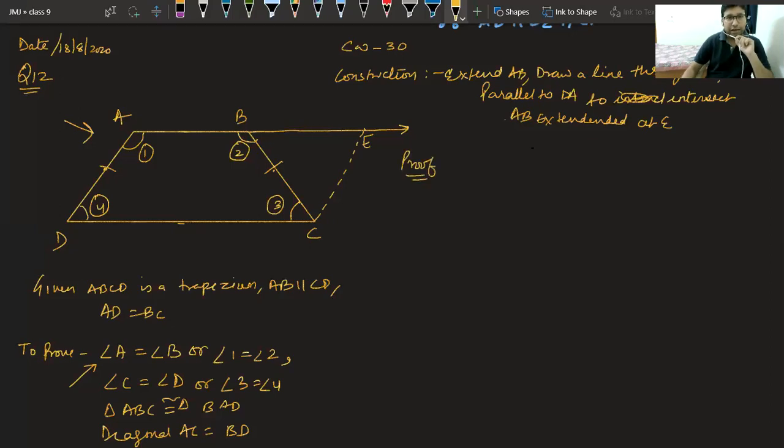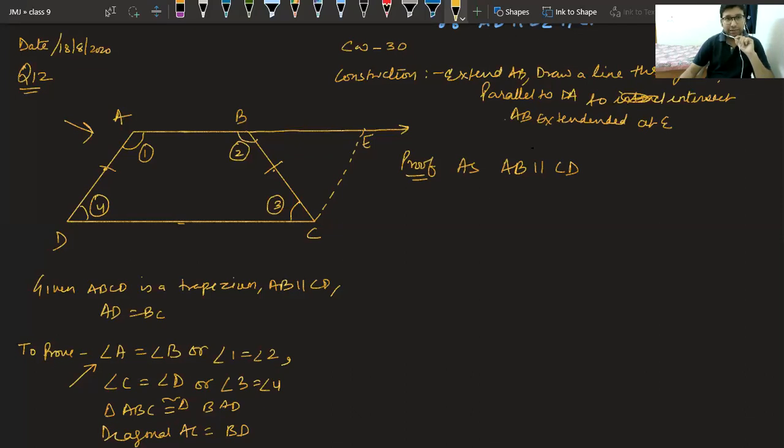First of all, it was given to me that AB and DC are parallel. Yes, class, it is given to me as AB is parallel to CD. Beta, there is no surety. Question may come from anywhere. Okay, the concept will remain the same.